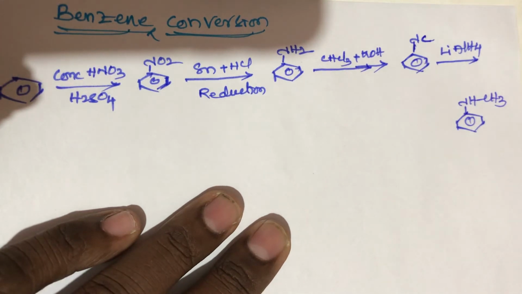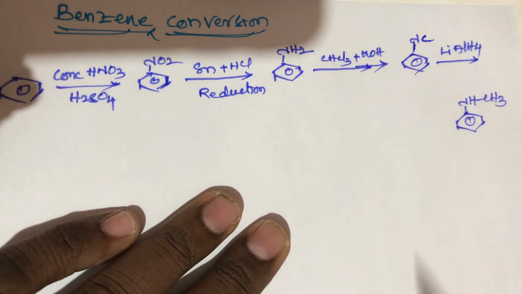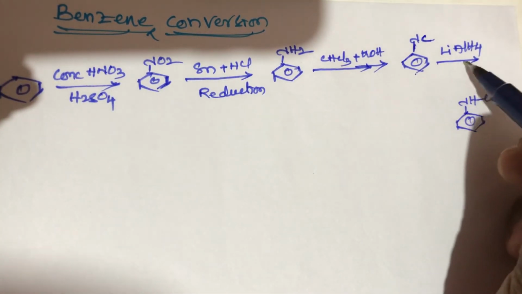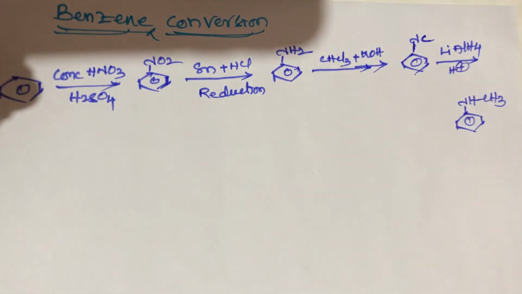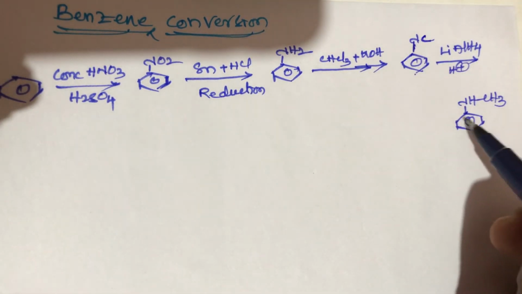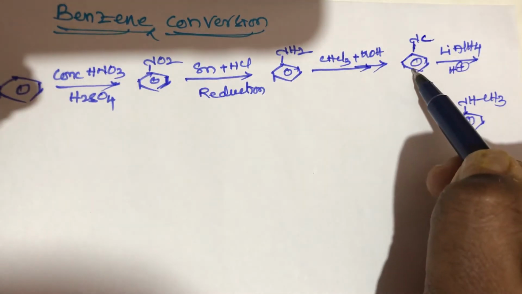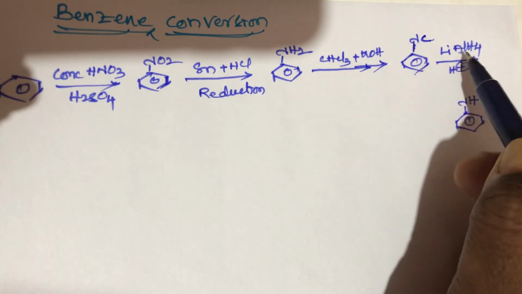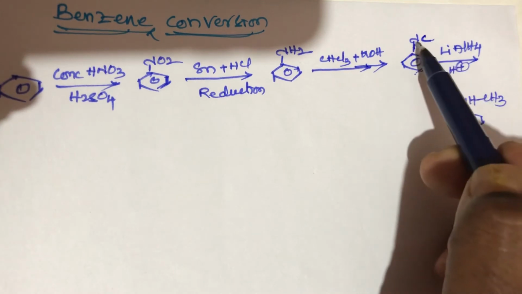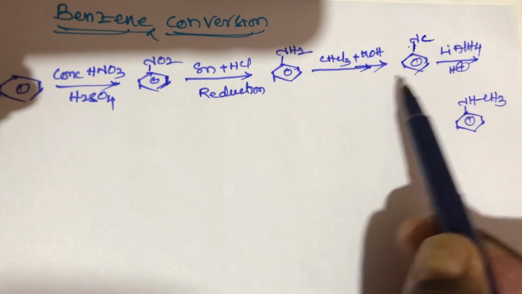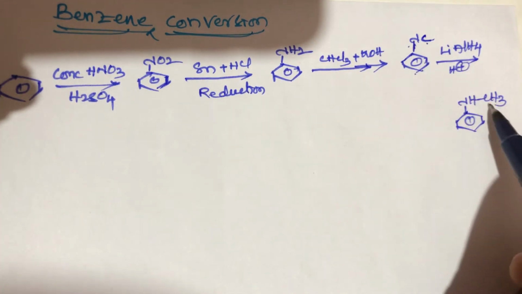This is the simple trick. When phenyl isocyanide, this product is called phenyl isocyanide, undergoes reduction with lithium aluminum hydride, we get secondary amine, that is NH. This phenyl group does not change. This phenyl group cannot be reduced with lithium aluminum hydride, but lithium aluminum hydride can reduce only the NC group, that is nitrogen and carbon. The nitrogen is converted into NH and the carbon is converted into CH3.